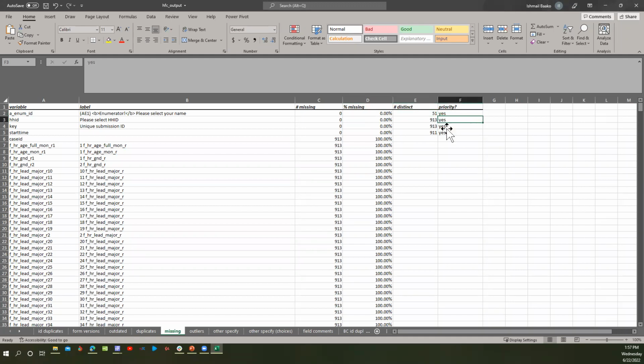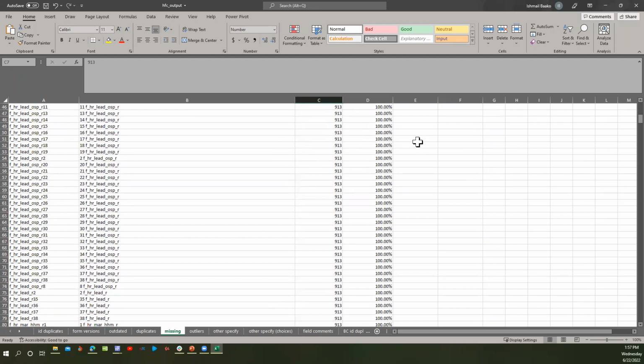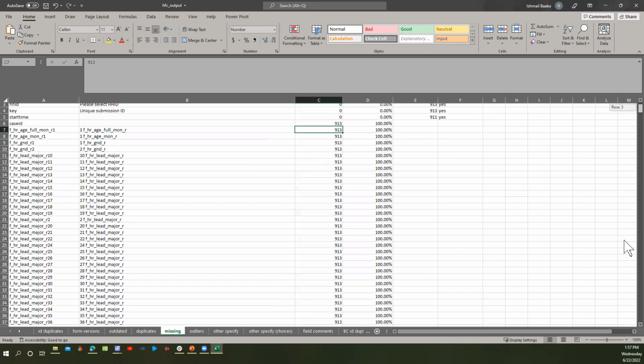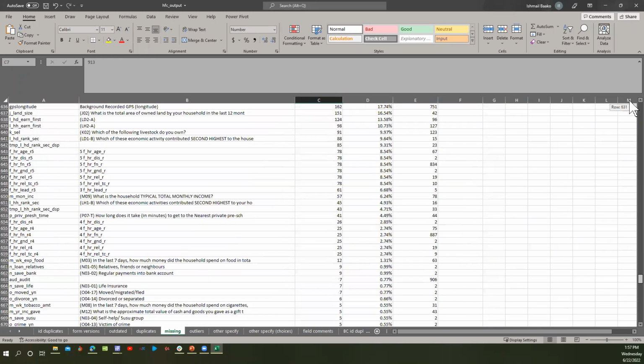It also shows you whether it was a priority variable or not, which you can indicate in the global file. Priority variables are variables you care so much about that you want them to always show up at the top. Generally it sorts the list by number of missing values, but if you include a variable as priority, then it brings it to the top regardless. So right here you can see all the variables and the percentage of missing for each of the variables in your dataset.